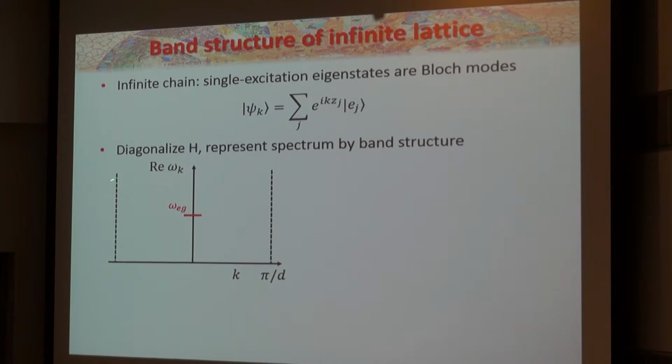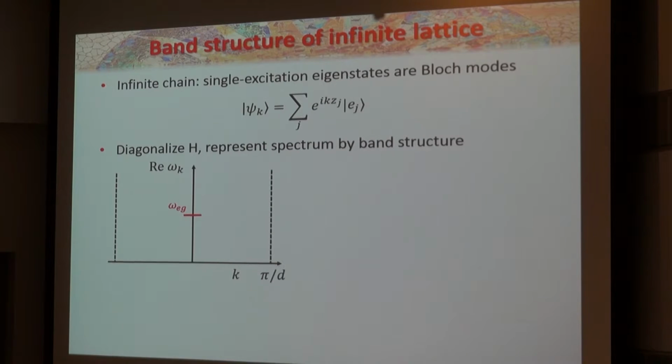First, the dispersion relation, the Bloch band structure, is going to live within the first Brillouin zone. So k is going to be this Bloch wave vector, and its distinct values go from minus pi over d to plus pi over d. There's going to be one important scale in here, which is the atomic resonance frequency. I denoted that in red. This is the single atom bare resonance.